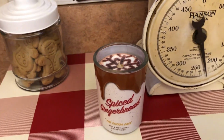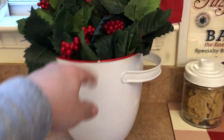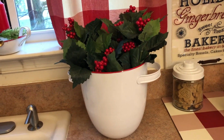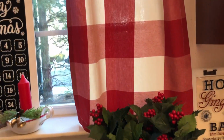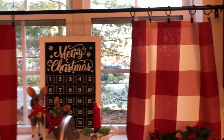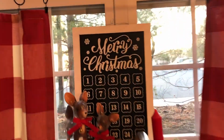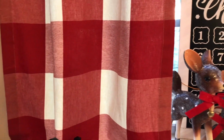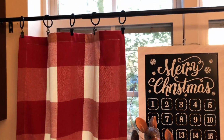and then this candle, spiced gingerbread. This vase is from Target. I just put those holly berries, right? I think it is. Okay. And then these curtains I did this year. So I didn't do them. They're from Pottery Barn, the napkins that match with everything, and I just made them into little curtains. If you guys can see, I bought this rod from Hobby Lobby and these little black clips. So it's going to be so easy if I want to change it and just put any napkins that match with